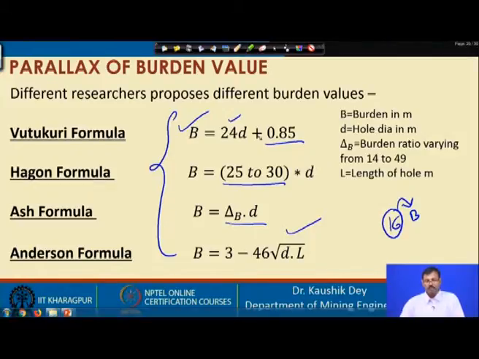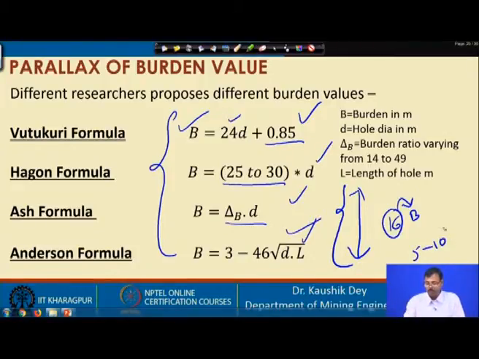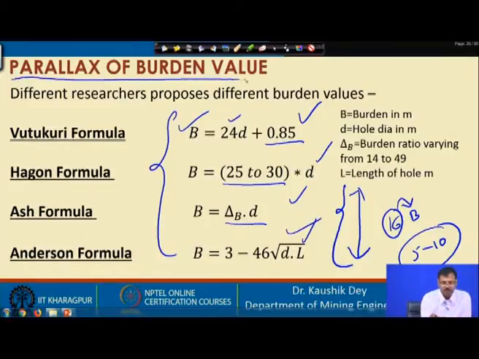If you try to use all those 16 formulas for calculating burden in your own case, you will find that the range of results you are achieving using this formula, this formula, like that, is significantly high, maybe 5 to 10 times the burden value you are normally expecting. So that is basically creating a parallax about the burden value,